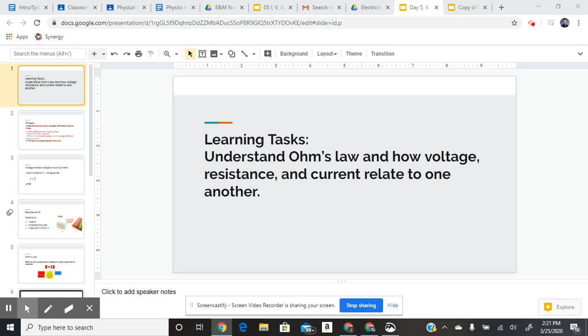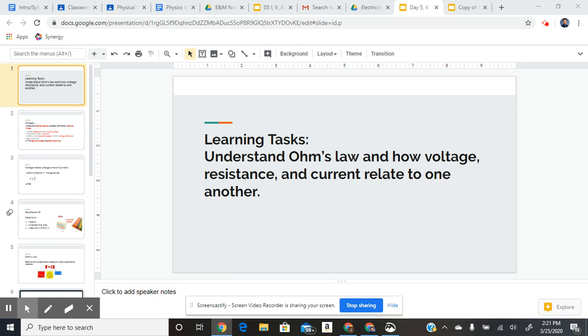All right, ladies and gentlemen, for the next part of our electricity unit, we're going to be talking about circuits. There are two different types of circuits that we're going to be looking at, and we'll look at those two types today. But before we even get into those types of circuits, we're going to need to understand three main concepts that are involved with circuits,